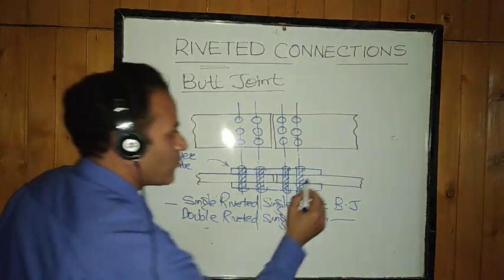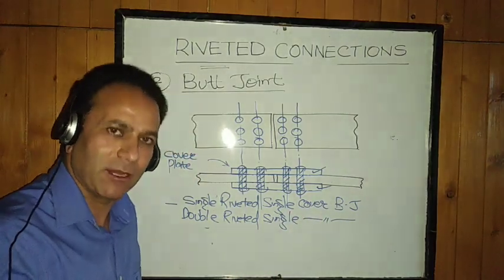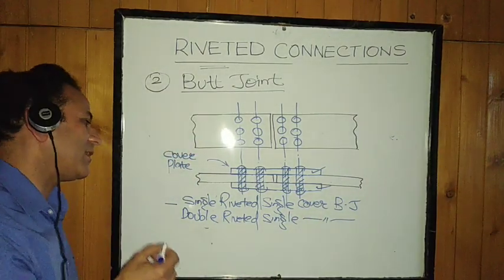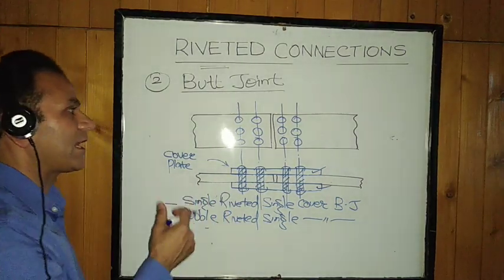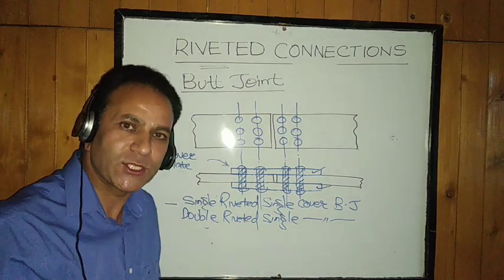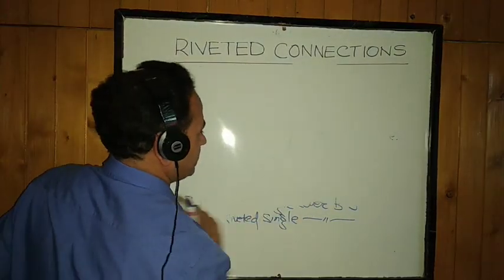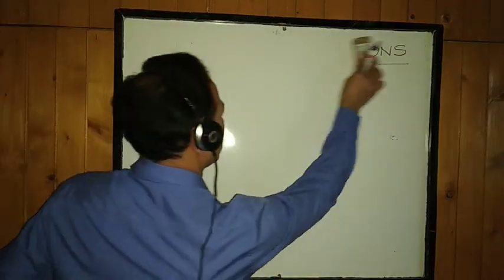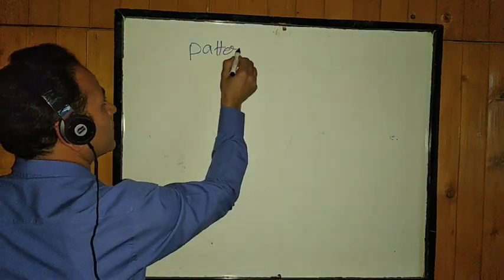Then accordingly, if I am providing both the cover plates, it will be a single riveted double cover butt joint, or it will be a double riveted double cover butt joint. So you have to see how many rivet lines and how many cover plates we are providing. This is the butt joint. Now we provide these rivets, to be more specific, in a certain pattern. That riveting pattern